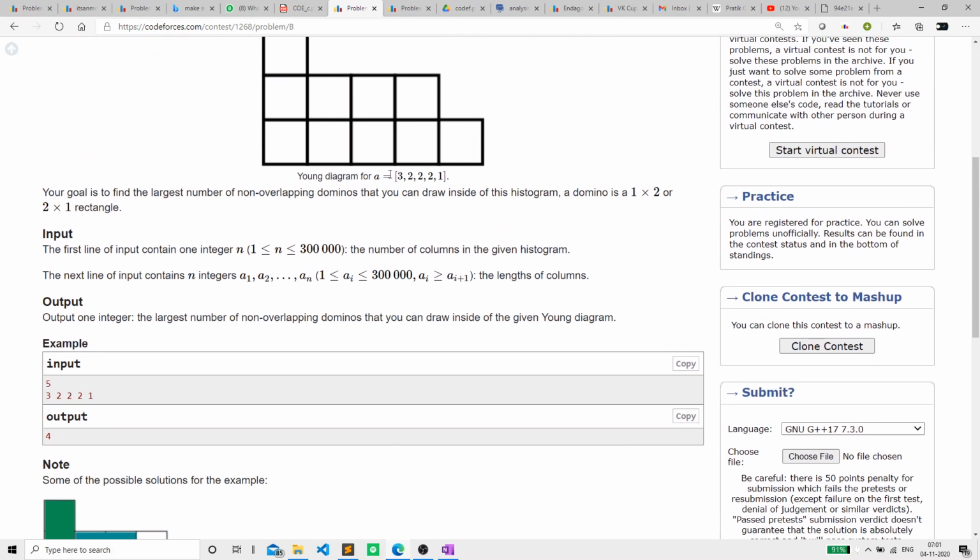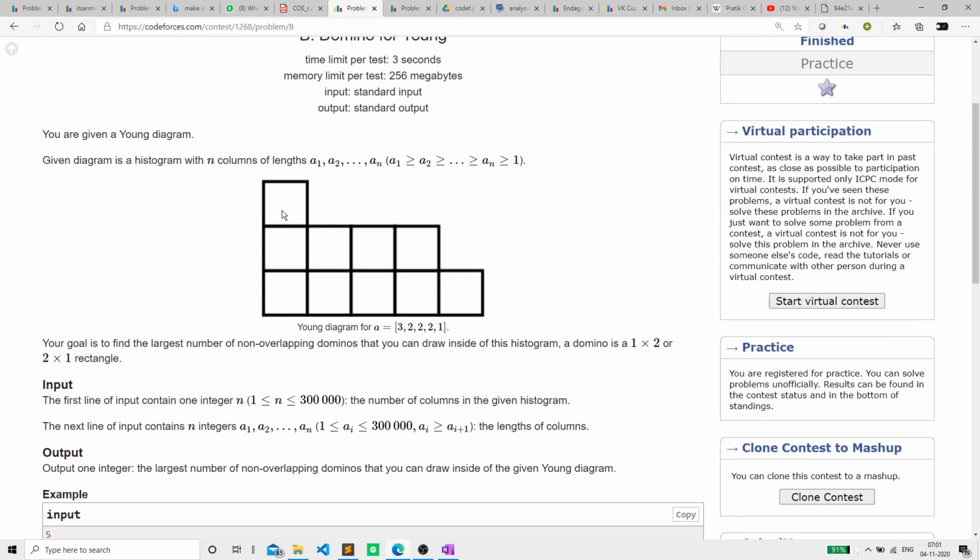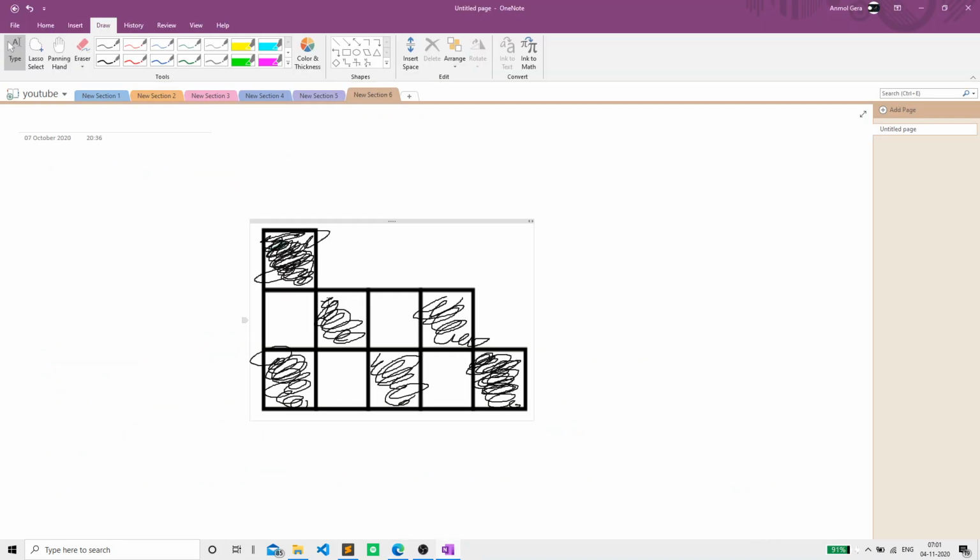This question can be thought of as a chess coloring problem. So let's first color this figure like a chessboard. We know that in a chessboard we have alternate black and white squares. The drawing is not good, but the intention is that I've drawn this as a chessboard. Now we can draw a domino if we have an equal number of white and black squares.